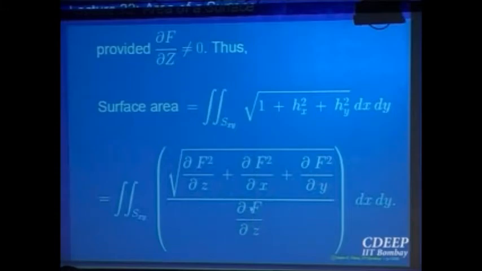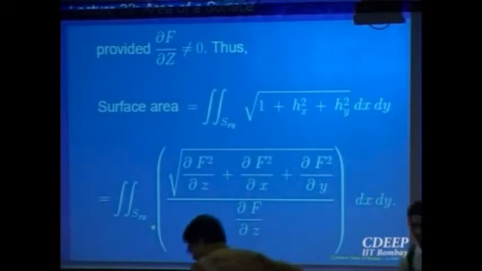Here the surface is projectable onto the xy plane. We are able to see the projection onto the xy plane, but we don't want to compute that function. What is the advantage of this? You are given an implicit equation f(x, y, z) equal to 0. You know you can project it onto the xy plane and see the projection, but the computation of h, the function in terms of x and y, may be complicated. So you want to use the function f directly. Here the expression of the integrand is purely in terms of the function f. Of course we have to compute the projection, otherwise this will not work.